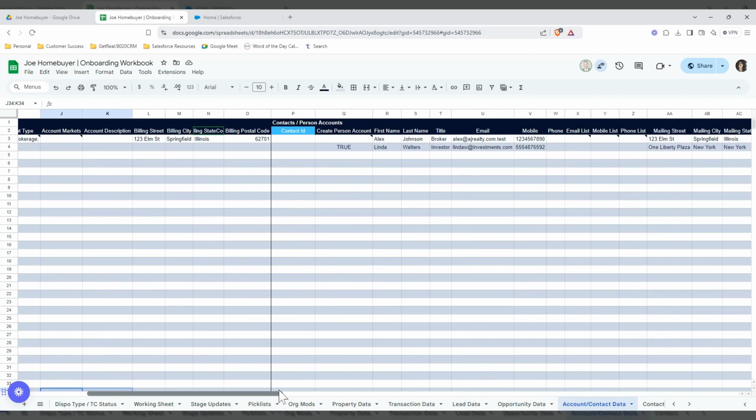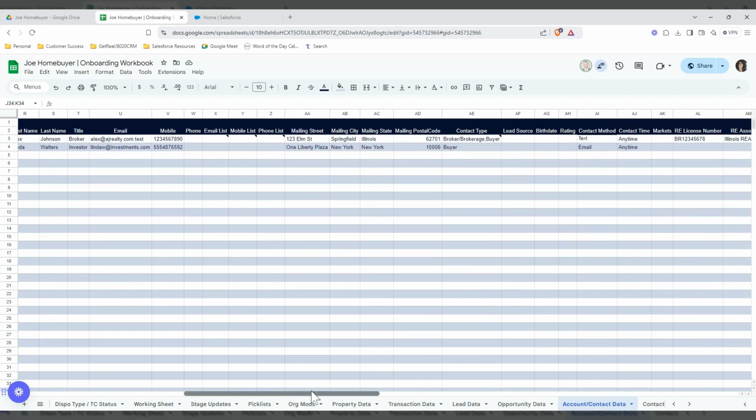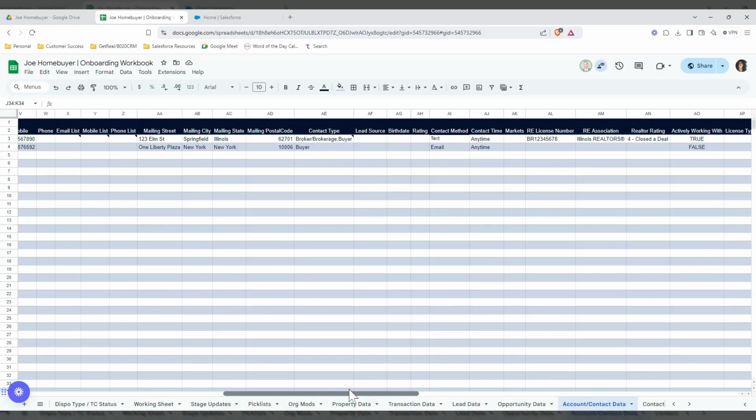And as we scroll to the right, we're going to fill out all of the information that we have for Alex Johnson, who is our contact for that business account. And as we continue scrolling to the right, we can see all kinds of different information that is being asked. Not everything is required, so you just populate whatever you do have available so that that information is transferred into